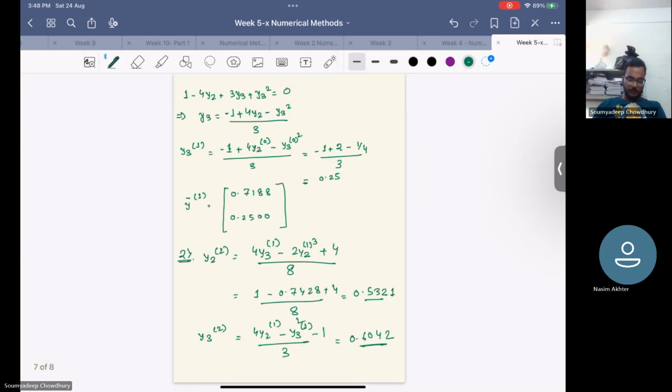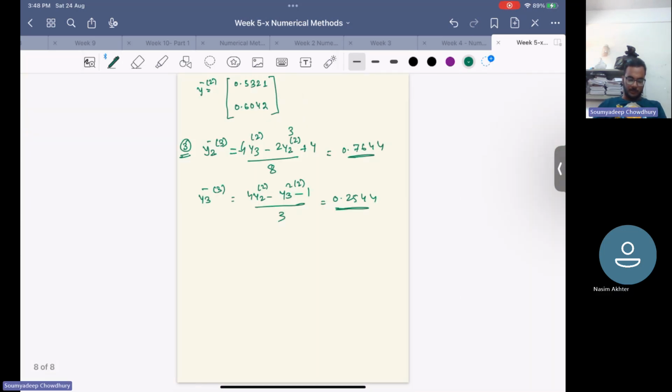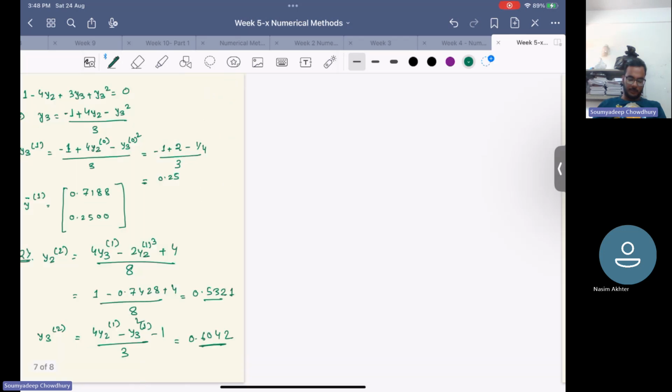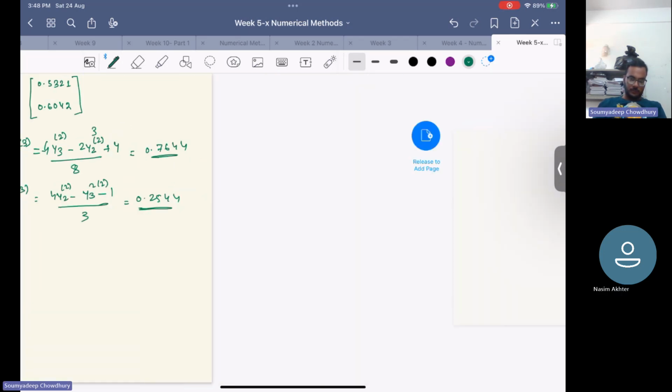This is about the multivariable fixed point iteration. So now,